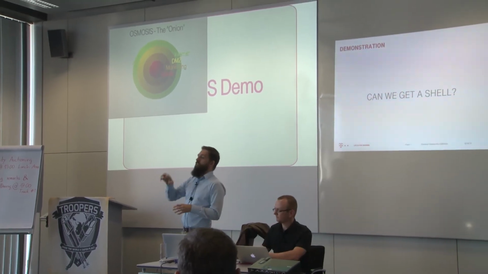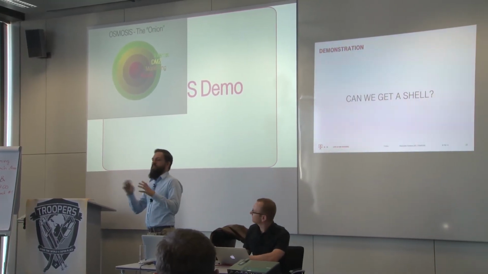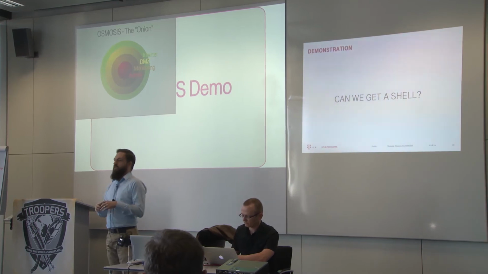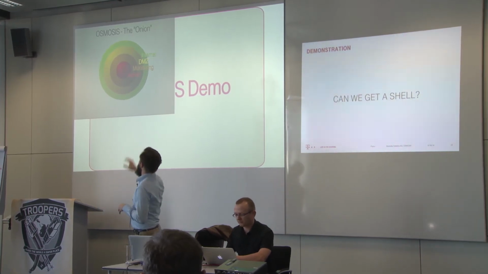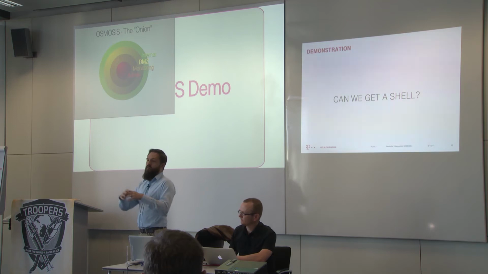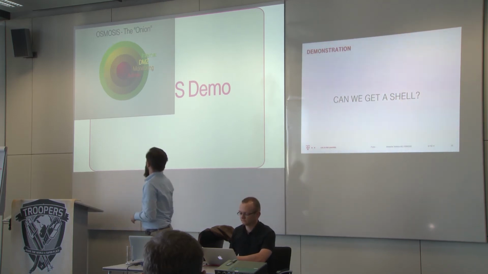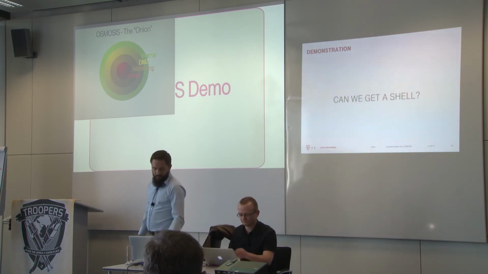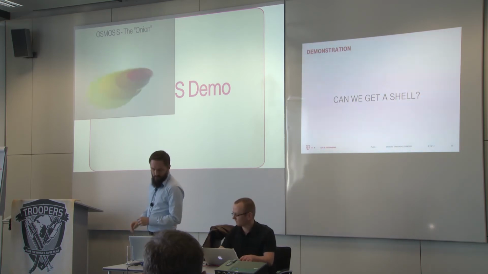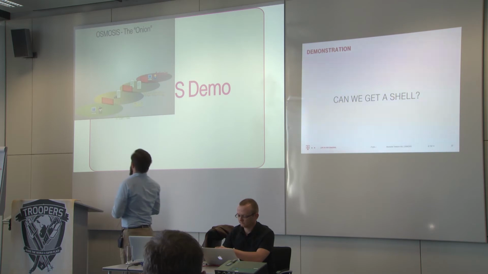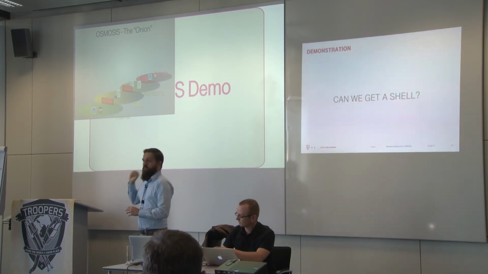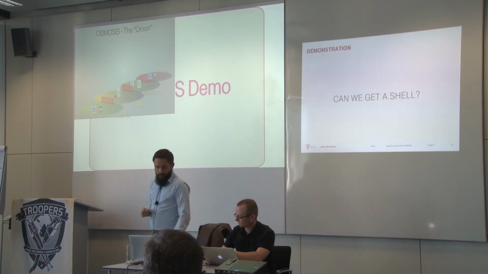We chose this onion because usually you have this kind of network security. You have an onion, with the inner part, which in this case is the admin network, and you have a monitoring network and a DMZ and the internet. And we set up an environment like this. So over here,